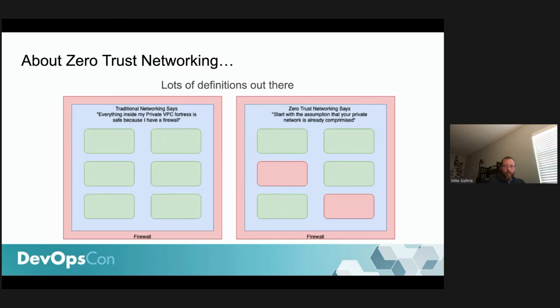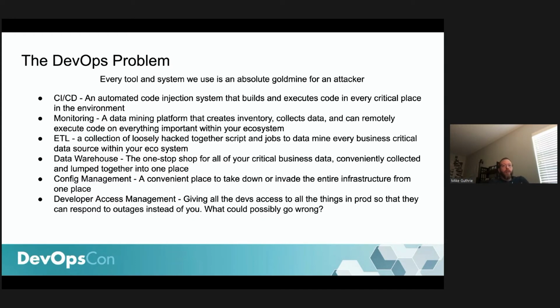So looking at the DevOps problem. What got me thinking about this originally is that we were challenged at our company to start thinking about ways that we can leverage zero trust networking using OpenZiti to secure our own technology and our own tools and so forth. I was a little bit skeptical, but as I started thinking about it,